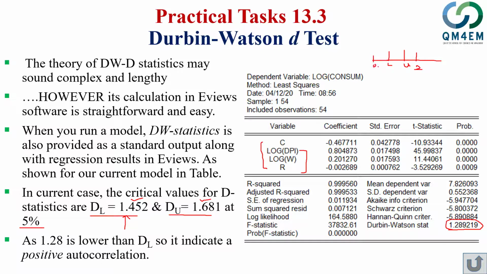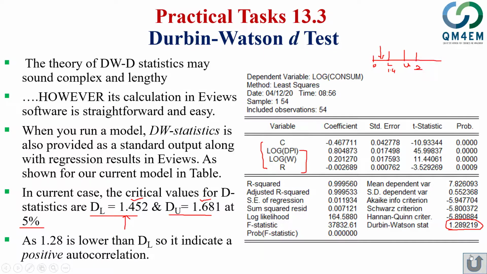So this value is 1.2, so our value lies somewhere here. That shows the presence of positive autocorrelation in our data. So that's the conclusion from the application of the Durbin-Watson D statistic. Now once we have that